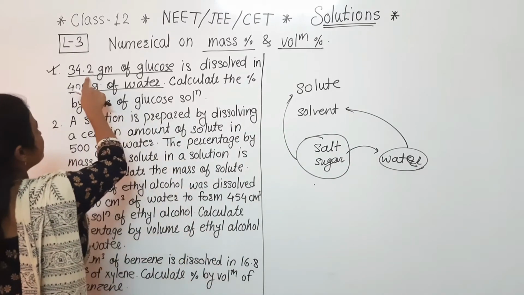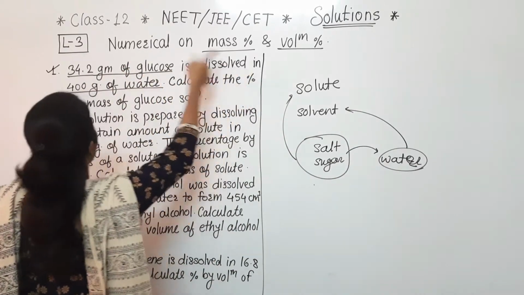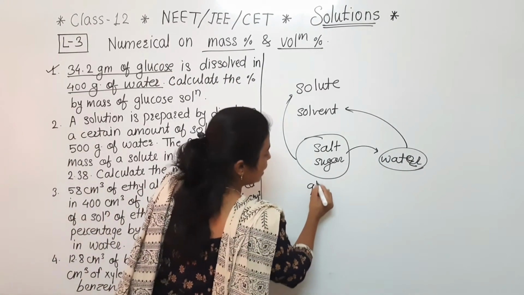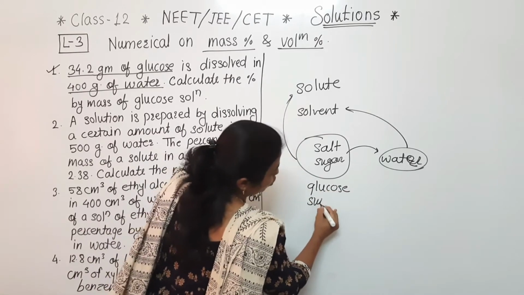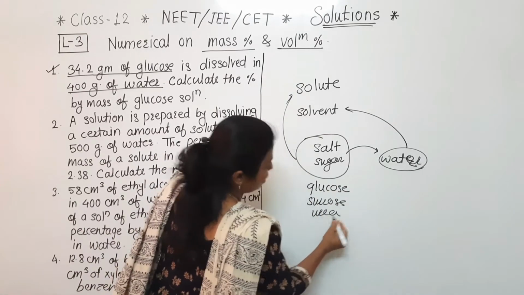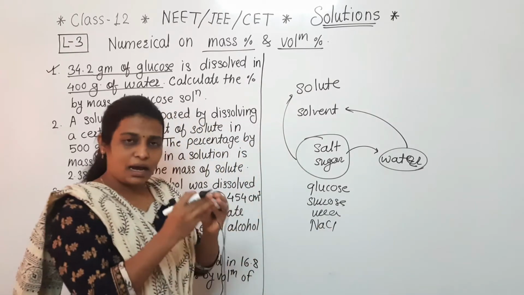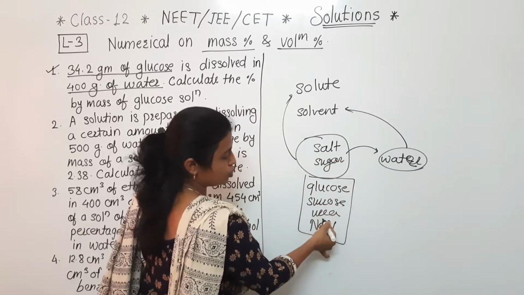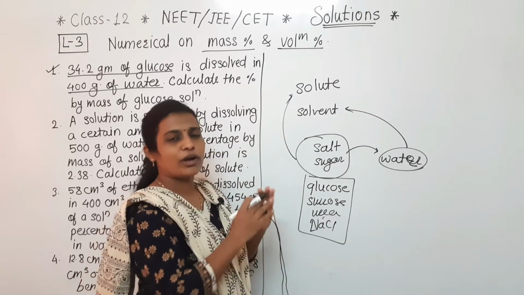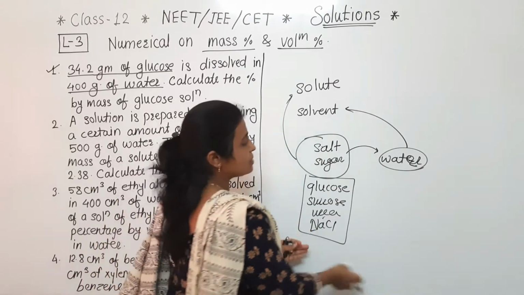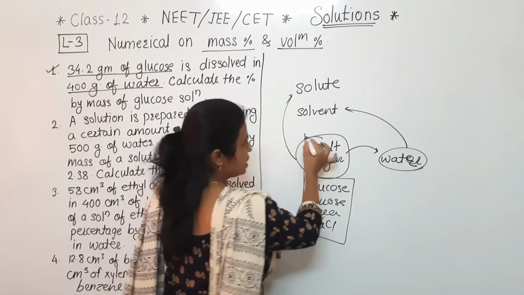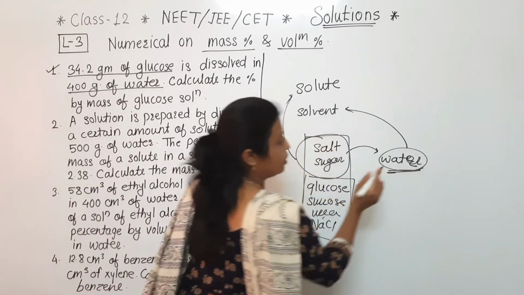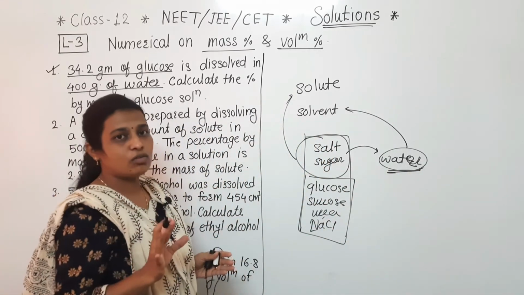Now see, in this, the glucose is dissolved. ये ग्लूकोज को क्या कर रहे हैं हम, डिजॉल्व कर रहे हैं किसमें, वाटर में. मतलब again here glucose, sucrose, urea, such examples as well as NaCl, these are the compounds that may be given to us. So whenever salt, sugar, glucose, sucrose, urea, NaCl or calcium chloride or any chemical is said to be dissolved in water, then such substances are solute, and in which we are dissolving, that is the solvent. Hope I have cleared the solute and solvent concept also.